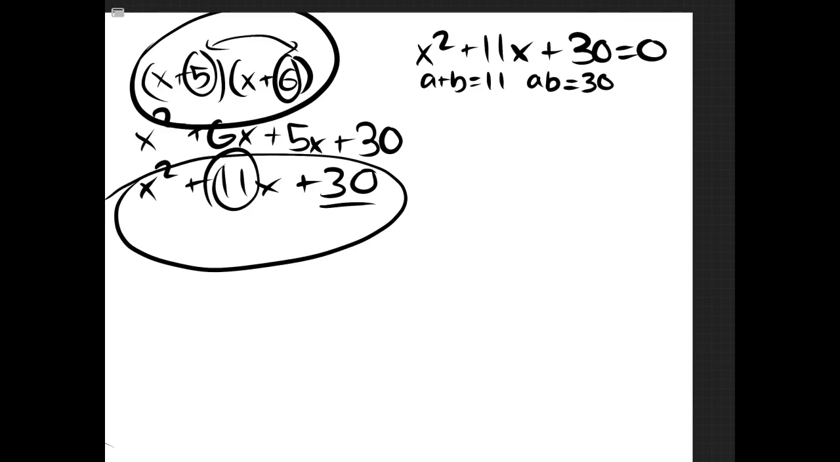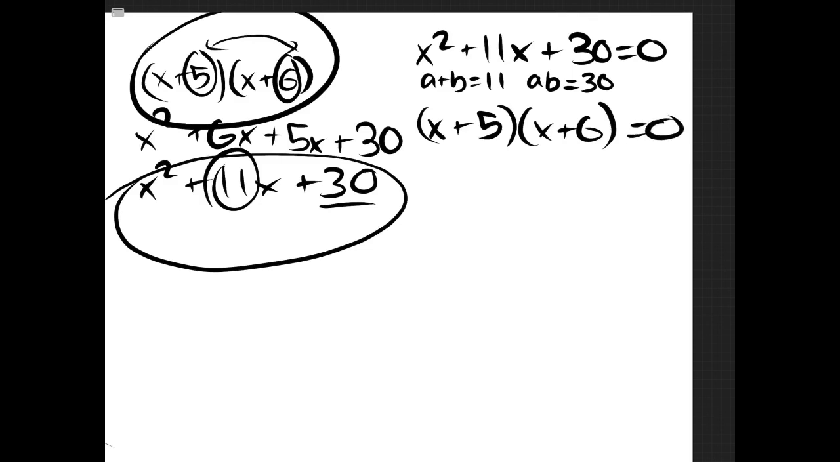So now we just have to think of two numbers. Now you can do this any way you want. You can make a table with factors, but since we already know what it is, we're just going to skip ahead, and we know that this is going to be 5 and 6. So now what you want to do is x plus 5 times x plus 6, because you know a and b, and equals 0,